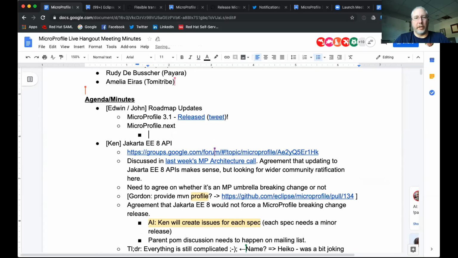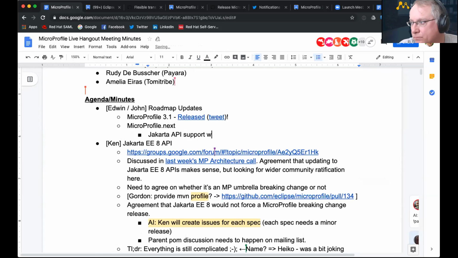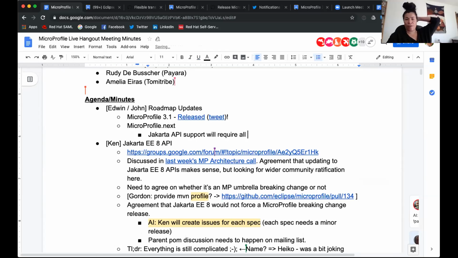Well, I think we decided that everyone needs to update to use the Jakarta APIs. Yeah. Now, whether there's other features as well, that's a different thing entirely. Okay. This was part of the architecture call from last week, correct? Or did I miss anything from the early 20 minutes of this call on that regard? I don't want to repeat myself and ask questions that were already answered.